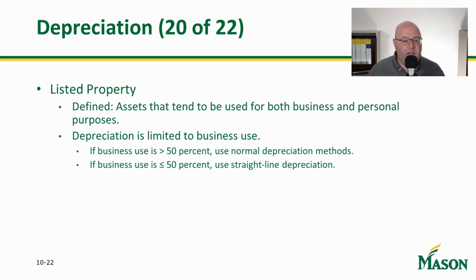Okay, listed property. Listed property are basically assets that are used for personal and business uses. So, for example, the biggest one is cars. Cars used to be cell phones, but now that so much of cell phone service is unlimited, they've removed that. But cars and computers. If you have a very, very small business, a one-man operation, you have a computer, they're going to want you to put it as listed property. And you have to delineate, is it business use? Is it personal use? And then you've got to be able to split that out.